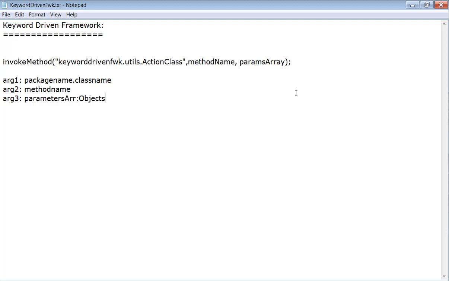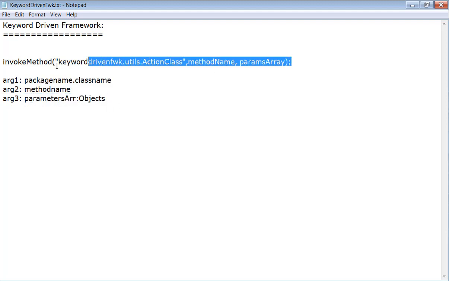If you pass all these 3 arguments, then automatically the method in this class will be triggered with these parameters. So this is very easy also. What we are trying to do in this class is invoke this method with these arguments, and this is a reusable method. We are not trying to write it for every keyword.